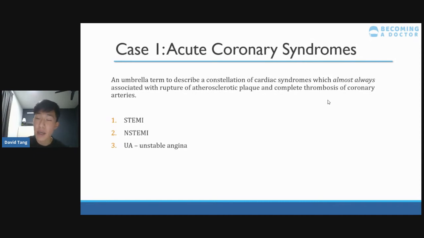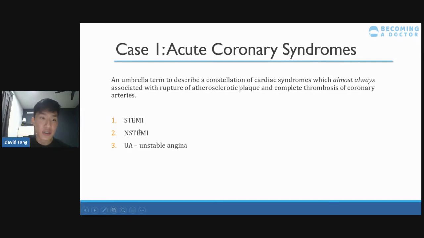And so we had a case of acute coronary syndrome. It's basically an umbrella term to describe almost always a rupture of atherosclerotic plaque. And why I say almost always is that myocardial infarction, or ACS, can present in two different types. Type 1 is an occlusive atherosclerotic process. Type 2 myocardial infarction is actually due to global hypoperfusion, such as, for example, if the patient is in a motor vehicle accident, a trauma patient losing an extensive amount of blood,